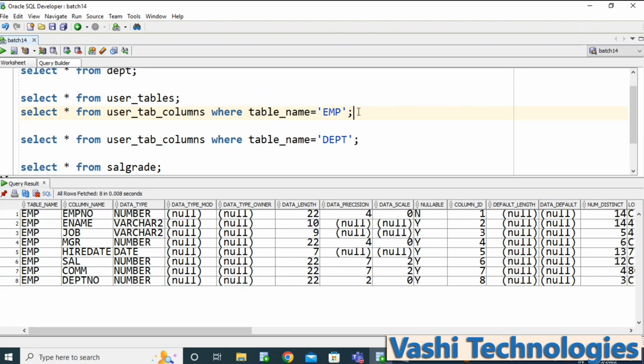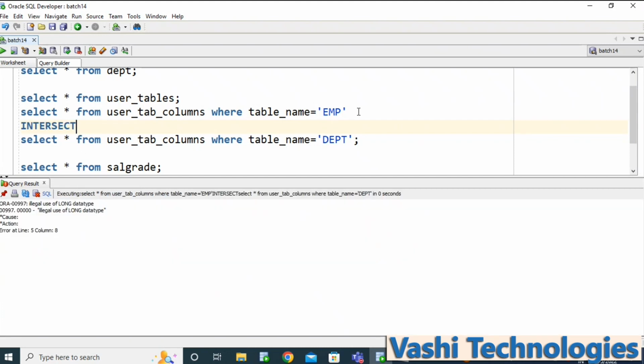Okay, so now I'm going to use intersect. You may get the error: illegal use of long data type.